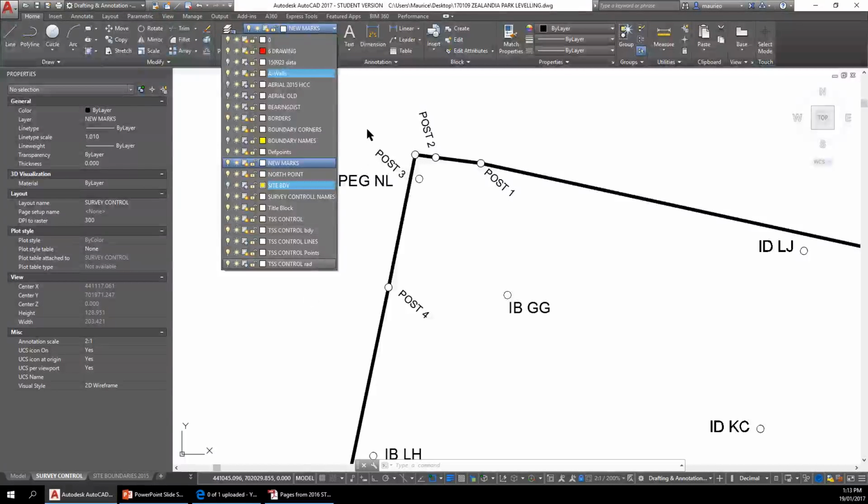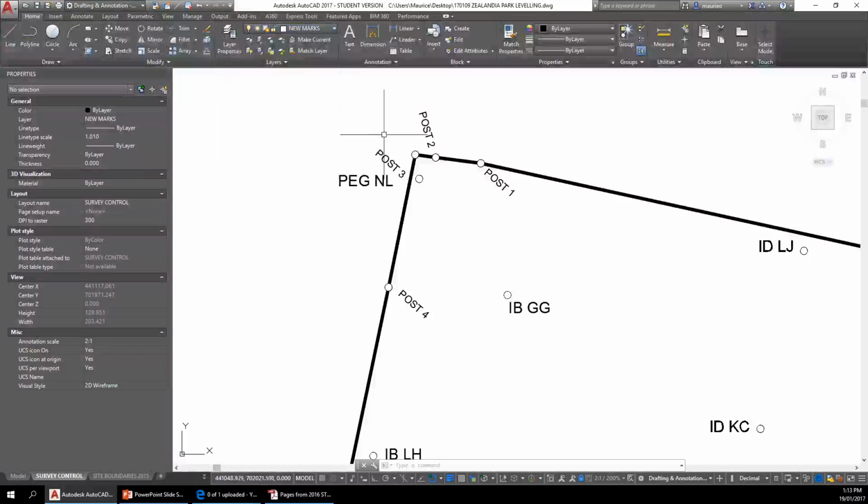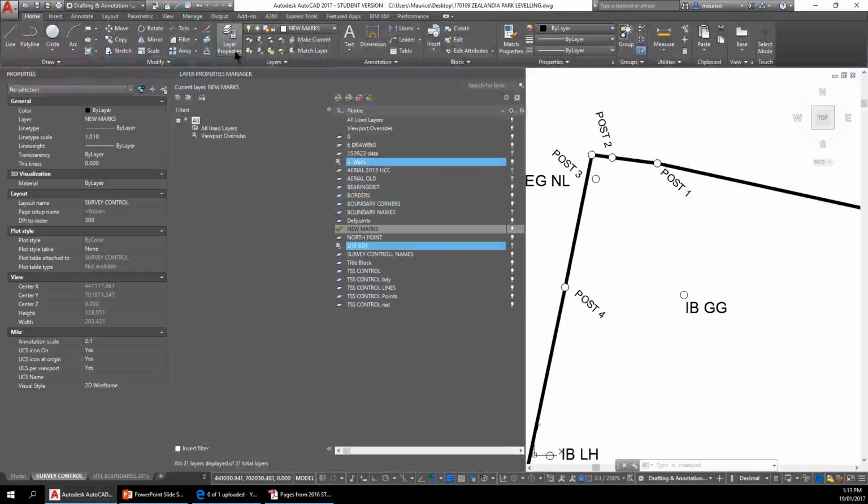So let's perhaps just for this, I'll create a new layer in layer properties, and I'm going to call it